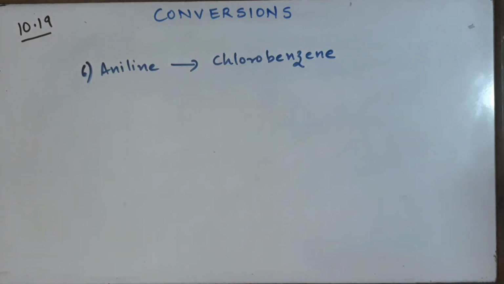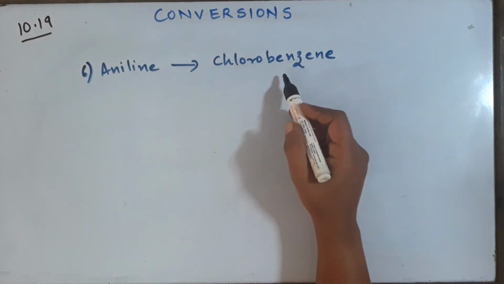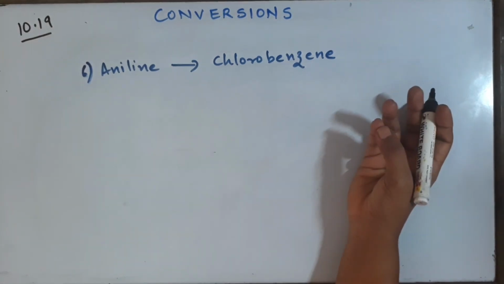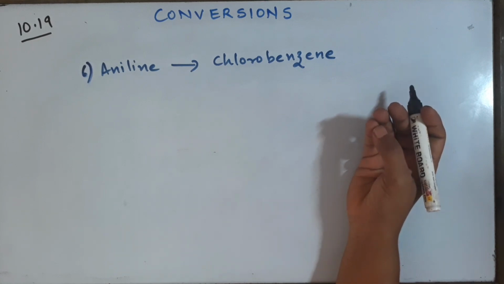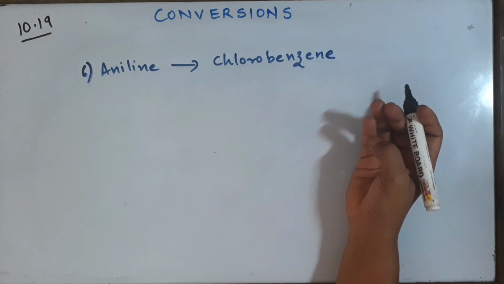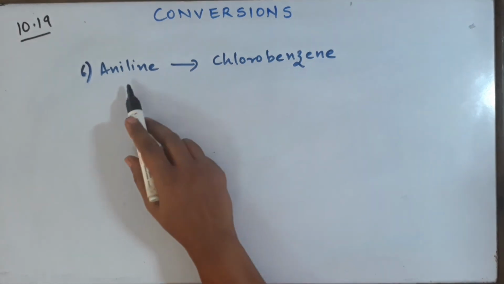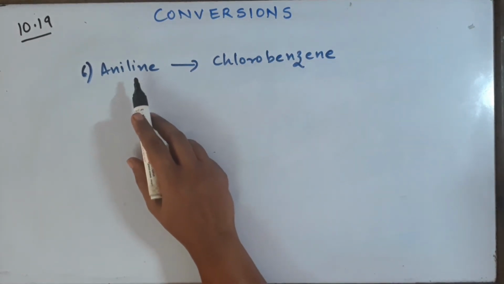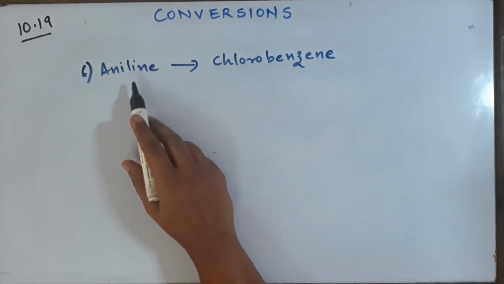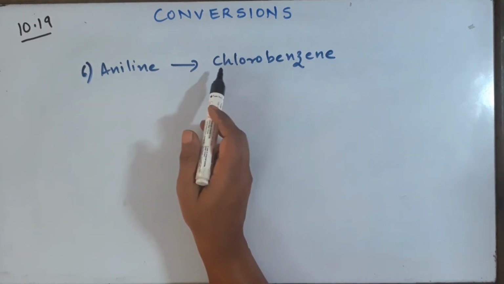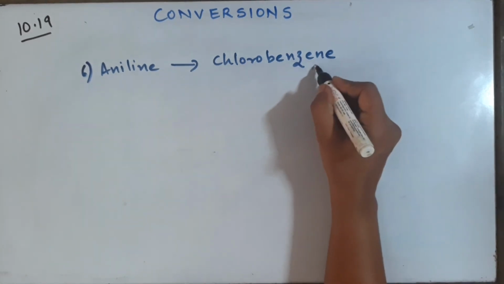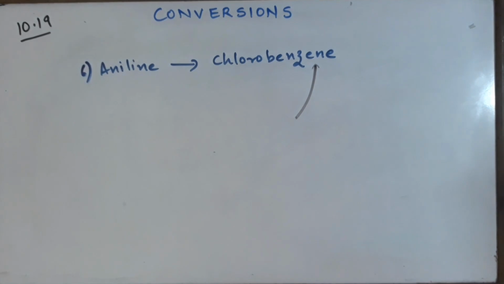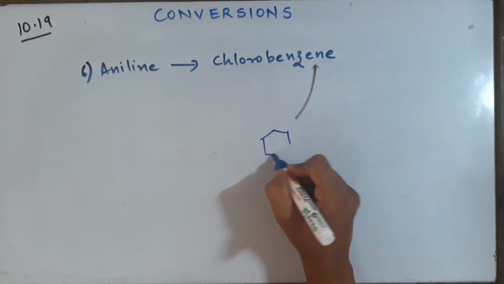Aniline to chlorobenzene, we have already done the methods of preparation of haloarenes. We have done direct electrophilic substitution or Sandmeyer's reaction also. As in Sandmeyer's, we have got a compound similar to aniline, so it's understood that Sandmeyer's reaction is involved here. So we will go reverse and write down what reactant we had used in Sandmeyer's.